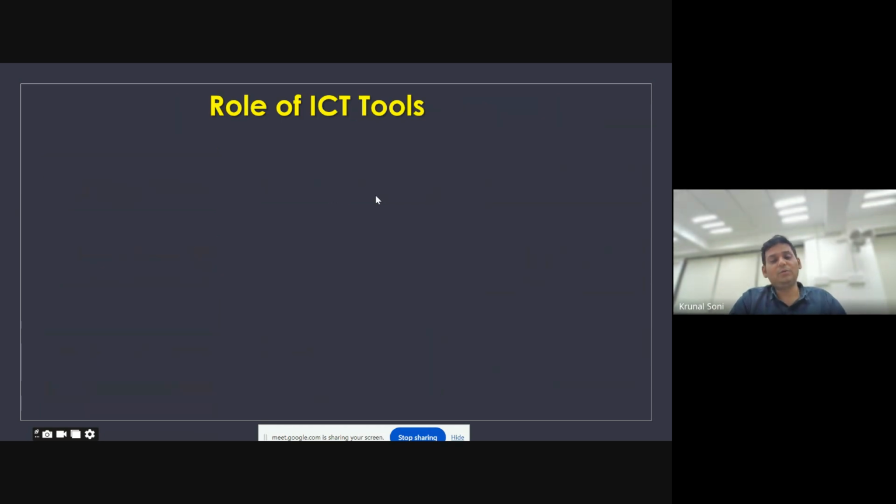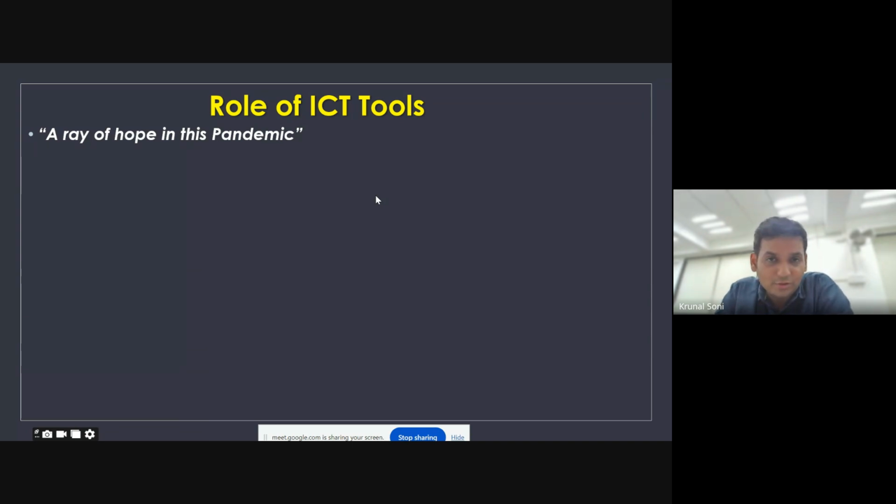Roles of ICT tools in today's scenario. It was considered to be a ray of hope in the pandemic, right? When COVID-19 hit India and the world, it was a question mark for the world how to have an uninterrupted education system, right? At that time, India was the biggest sufferer because the population is very high, and it was a question how to run the education system because